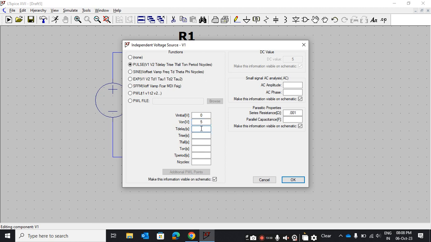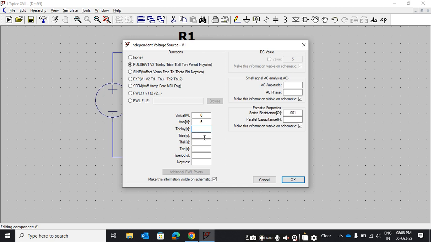Then delay. What is the delay? Delay means after turning on the simulation, after turning on the switch, after how much time you want the power supply up. So this is the delay. Like after turning on the switch, you want the power on after 1 second. So here you can put the time, 1 second, 2 seconds, whatever, 1 millisecond, whatever.